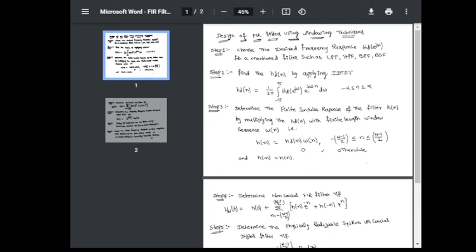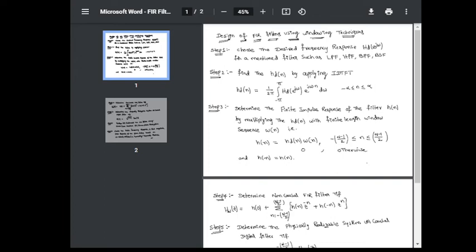techniques. In the windowing technique, step 1 is to choose the desired frequency response HD of e power j omega for a mentioned filter, such as a low pass, high pass, band pass or band stop filter. I think all of you know these ideal or desired frequency responses of the low pass filter for a given cutoff frequency, as well as the high pass filter for a given cutoff frequency, band pass filter and band stop